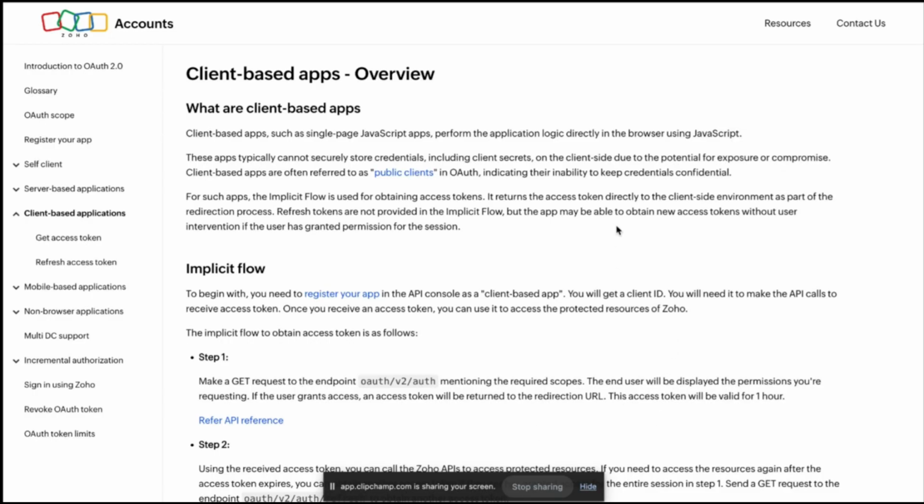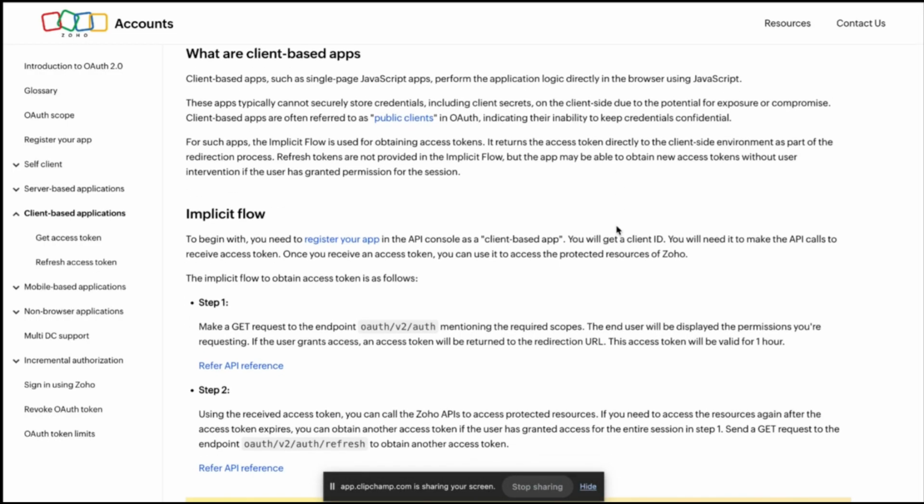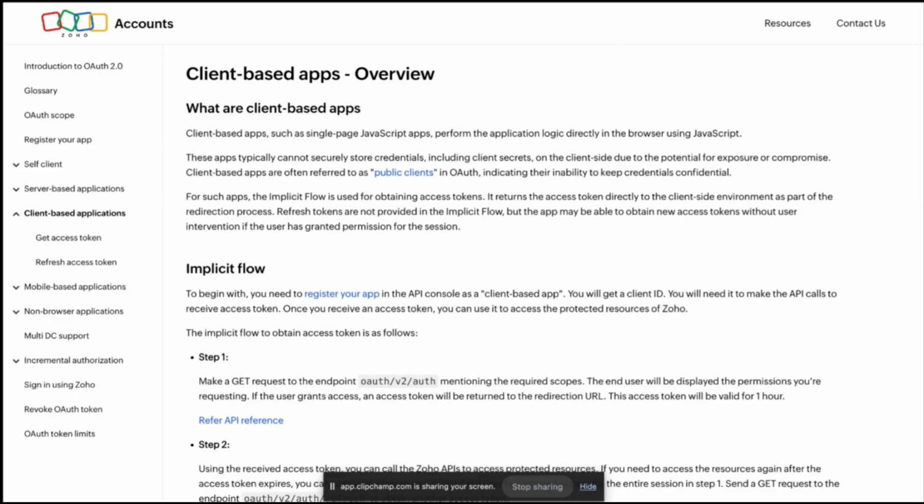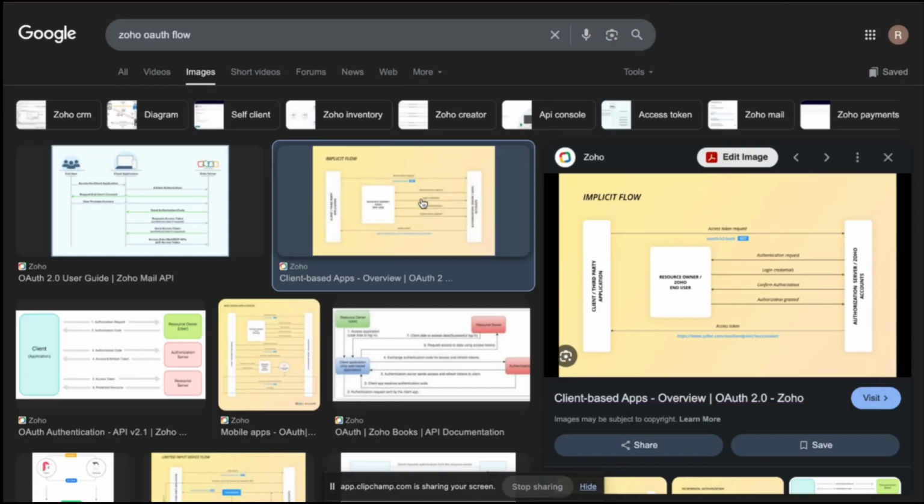OAuth 2 in particular is a very specific type of OAuth. There was OAuth 1.0 and then OAuth 2.0. They're slightly different. OAuth 1.0 is slightly more complicated. OAuth 2.0 is slightly simpler. So we're going to look at OAuth 2.0, which is a new standard for how we do this, right? So the idea, again,